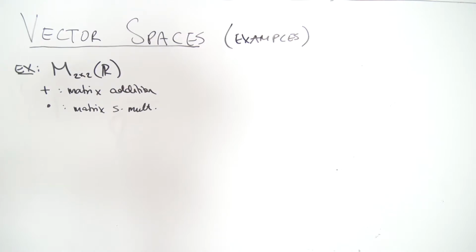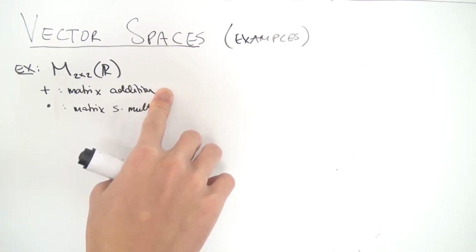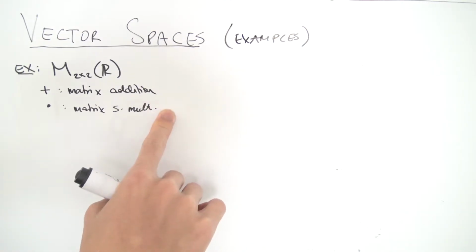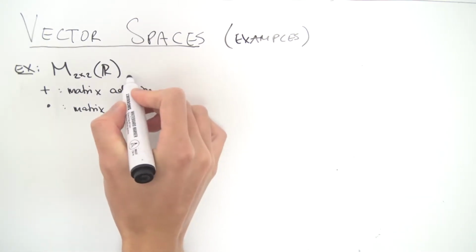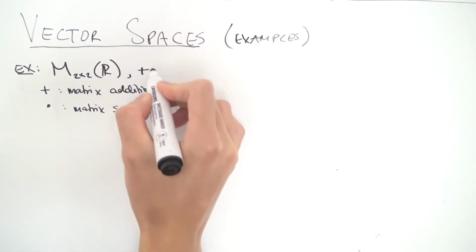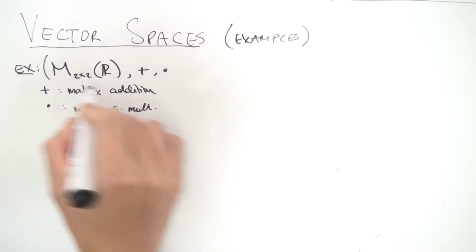associative, there's the neutral element, which is just the zero matrix, and there's the inverse element, which is the matrix with all the entries negative. So the plus operation satisfies all those axioms. Same with the scalar multiplication, you can check that as well. So what we can say is that M equipped with this plus and scalar multiplication is a vector